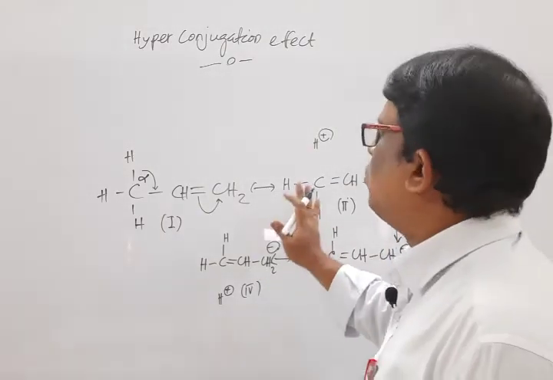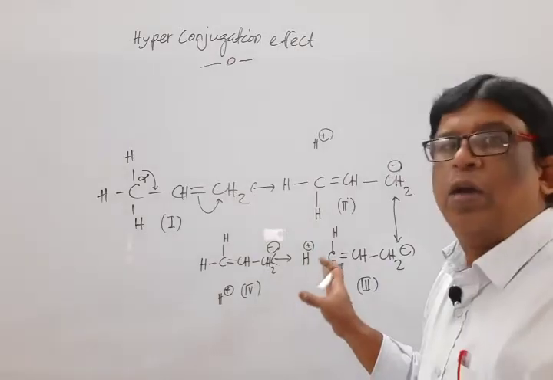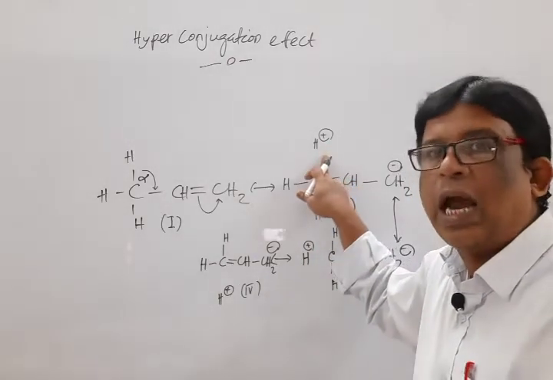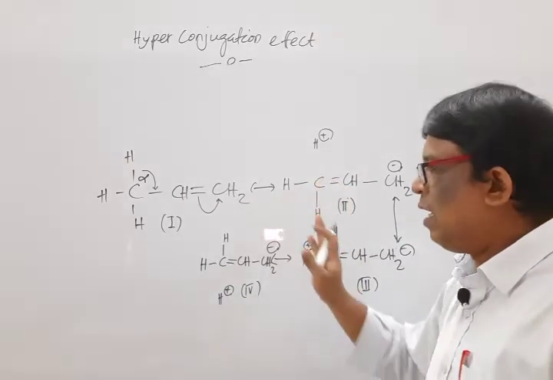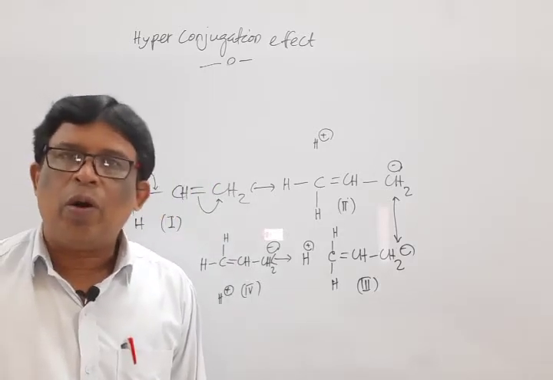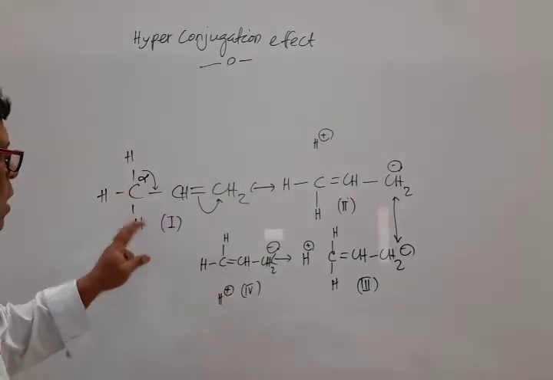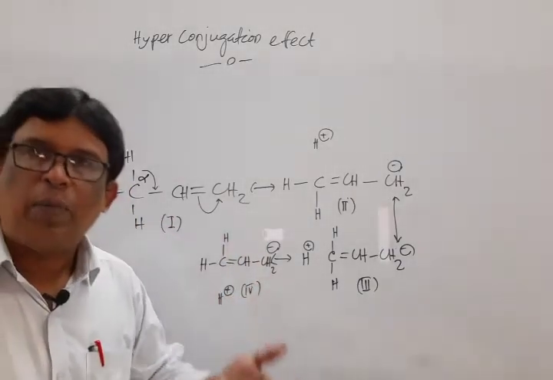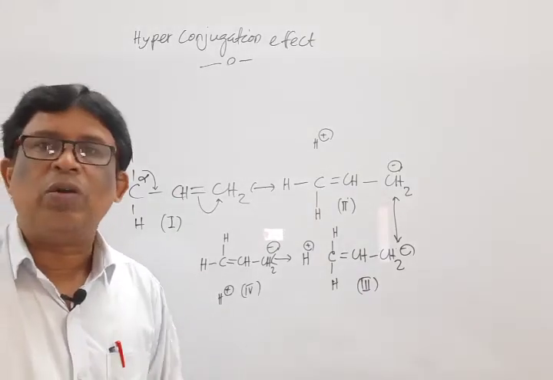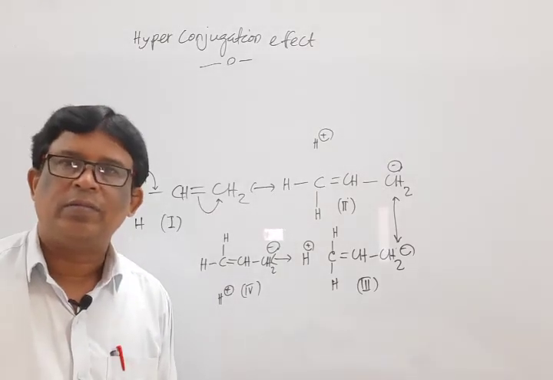In each case we observe that there is resonance going on, but since there is no bond between the alpha carbon and the positively charged hydrogen atom, or H plus ion, this effect is otherwise known as the no bond resonance effect. So here we observe that the higher the number of alpha hydrogen atoms, the higher the electron releasing tendency, or the higher the reactivity.